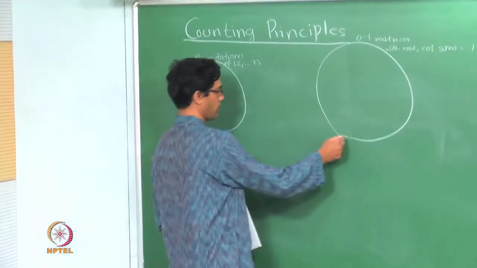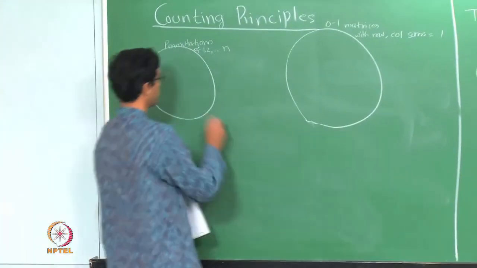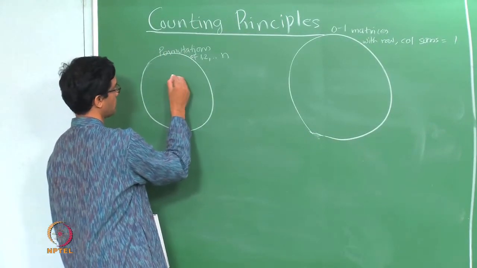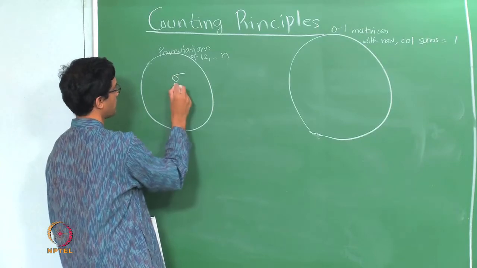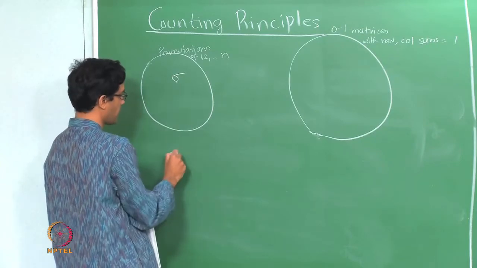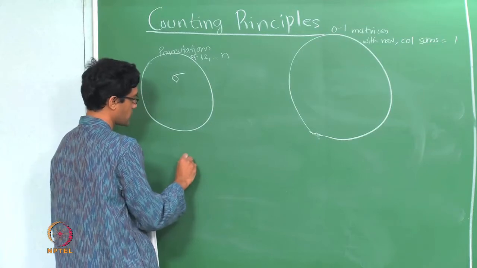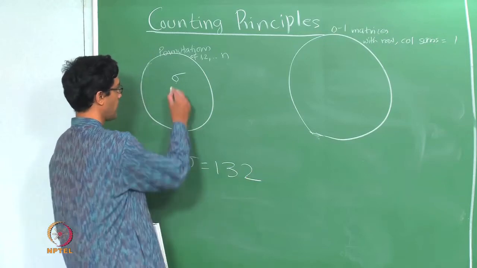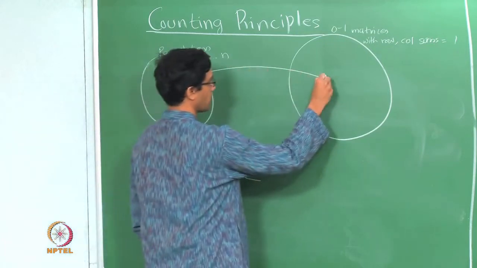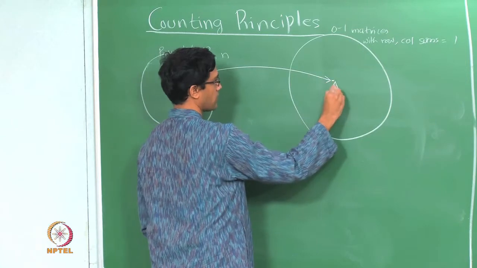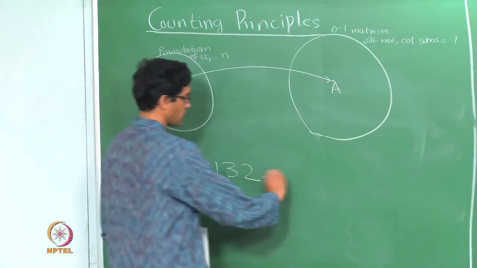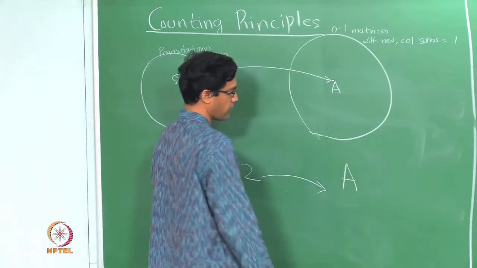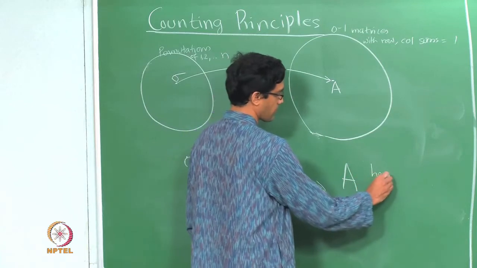Now what we have done according to this prescription here is really the following: given an element of this set, in other words given a permutation, let us call the permutation sigma, by which I mean sigma could be a sequence of 1s, 2s and 3s. For instance, sigma could be the permutation 1, 3, 2 if you are taking n equals 3, and corresponding to sigma what you are doing is associating to it a matrix here. Let us call this matrix A.